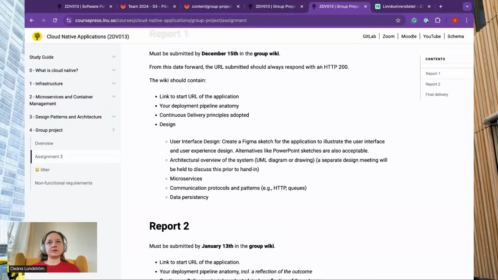So try to decide on a somewhat even distribution of labor and discuss it in one of the workshop sessions.